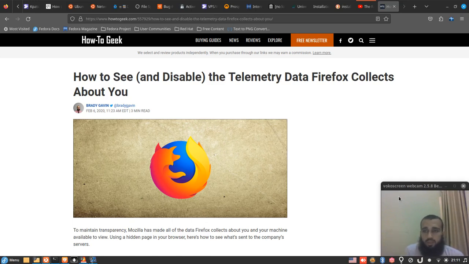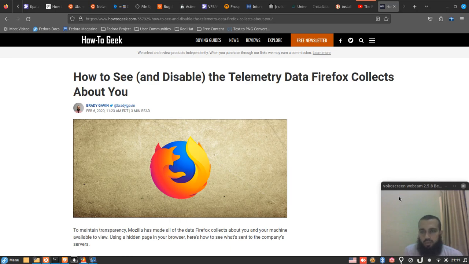In this video we're gonna talk about telemetry on Firefox. For those who don't know what telemetry is, telemetry is a specific type of data collection. It helps the developers of a specific software to improve the software that is given to the users. It's collecting data from the users, and it happens on many